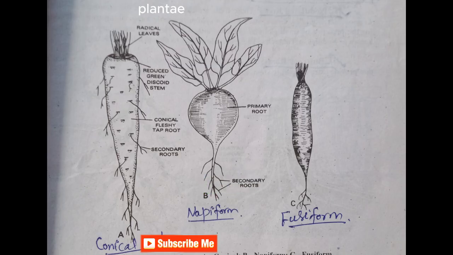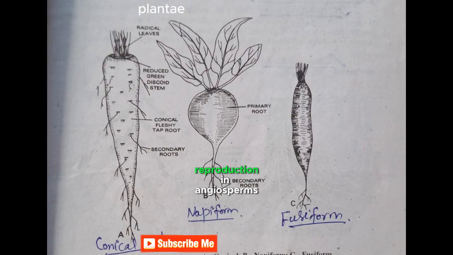Modifications. Storage: aloe vera, onion. Climbing: pea tendrils. Protection: cactus spines. Reproduction: bryophyllum, new plants from leaf edges. Fun fact: a large tree can release over 400 liters of water vapor daily, helping cool the air and bring